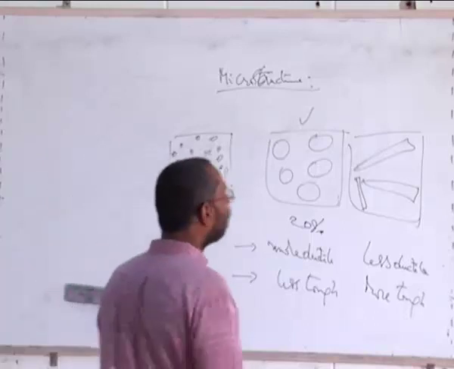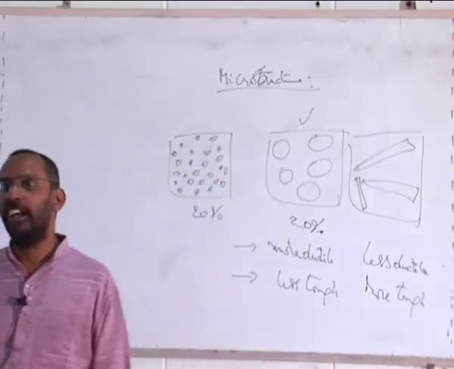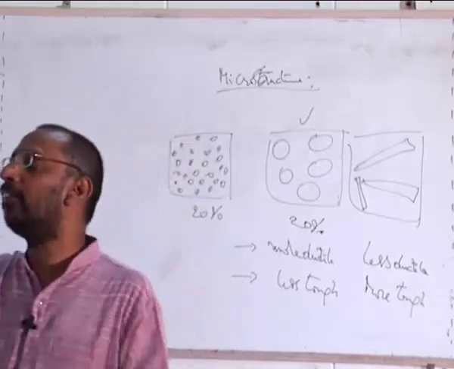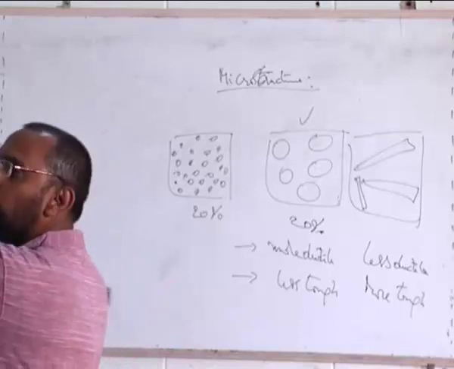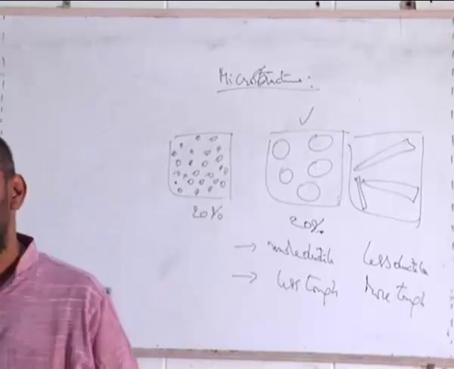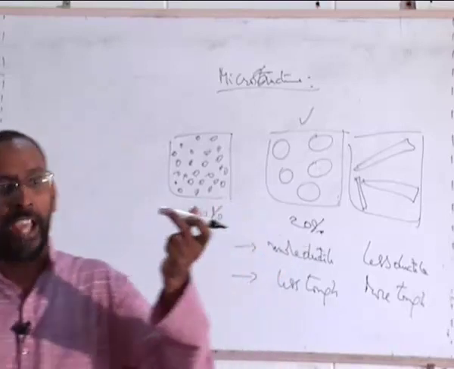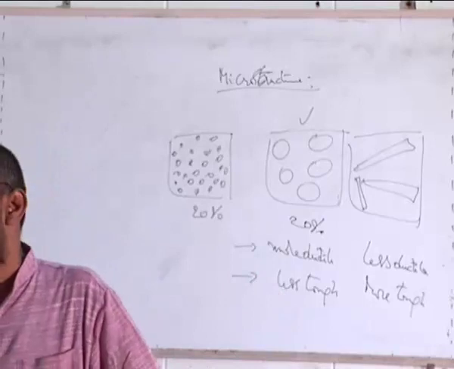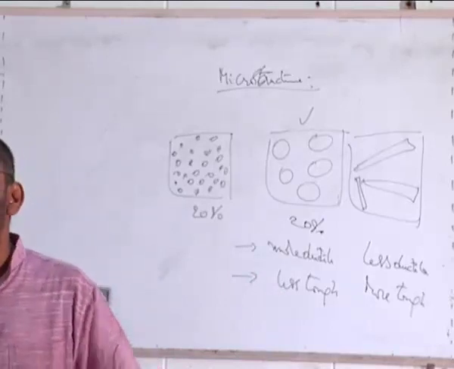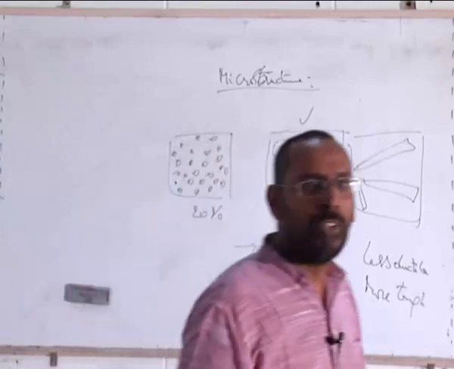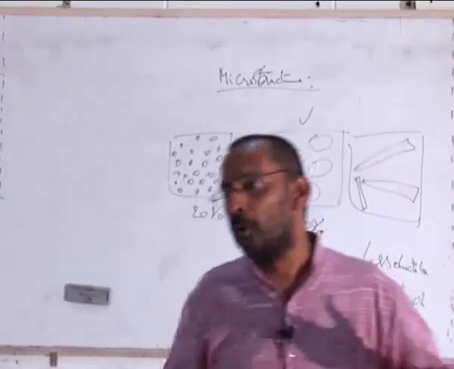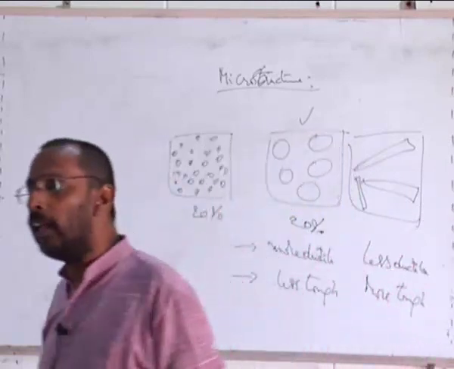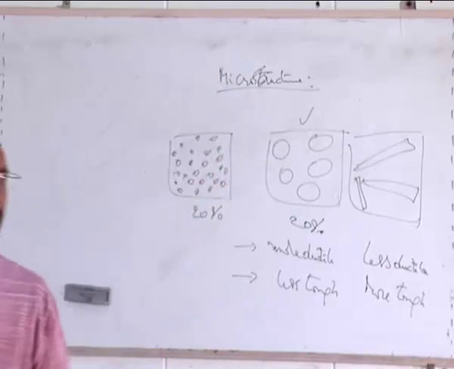So whenever it's simple, why is it that a nail has a sharp edge? If I have a nail like this, why can't I turn it this way and put it into the wall? Why do I turn it like this and put it into the wall? For the same load that I am applying with a hammer, if I have a sharp edge, the stress is more, right? Stress is nothing but load by cross-sectional area, right? So if the cross-sectional area is small, then the stress is more. So if that stress is higher than the compressive strength of that wall, then only the nail will go inside. Otherwise, the nail will not go.